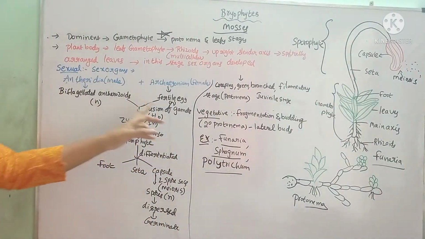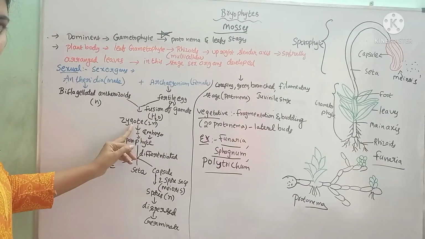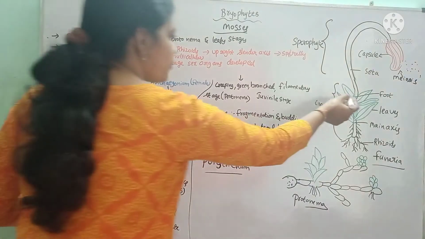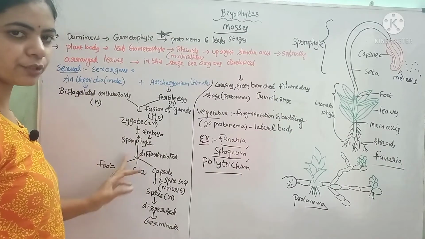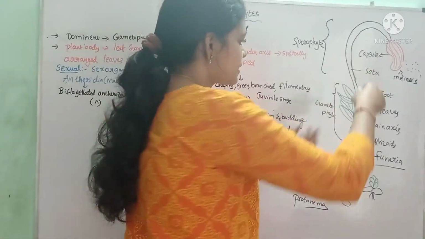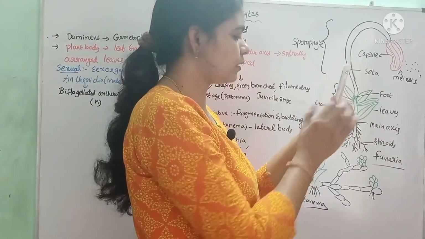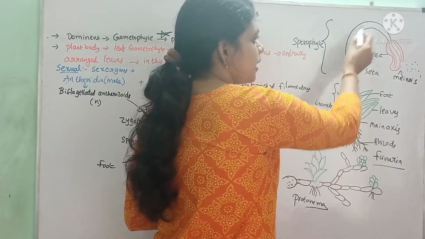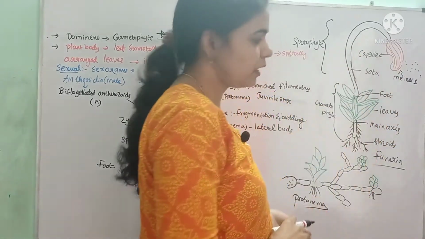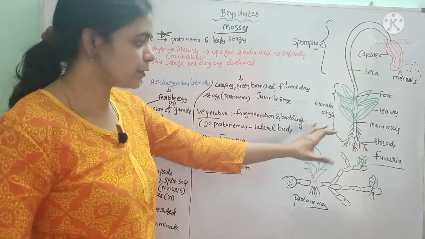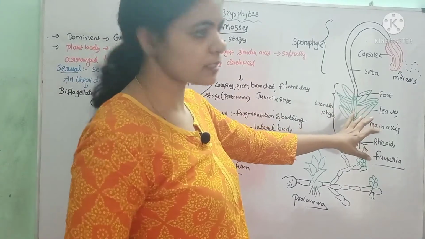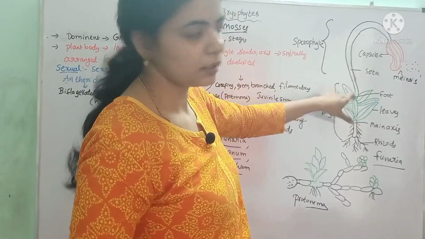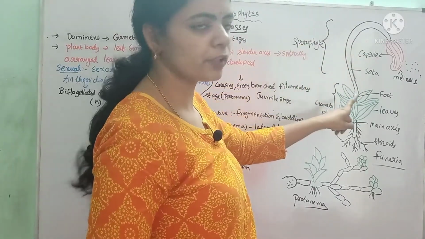What happens in sexual reproduction? Fusion of gametes occurs, a zygote develops, the zygote develops into an embryo, which develops into the sporophyte. The sporophyte is divided into three parts. There is the foot, which is embedded inside the leaves and is not shown outside. From this foot, the stalk part arises, which is the seta, and then the capsule. The gametophytic stage prepares the food by photosynthesis, and those nutrients are absorbed by the sporophyte. So the sporophytic phase depends upon the gametophytic phase.